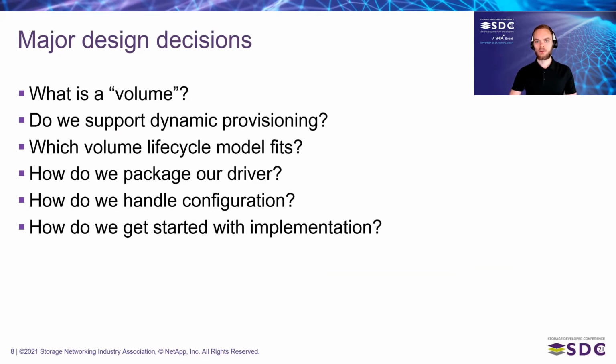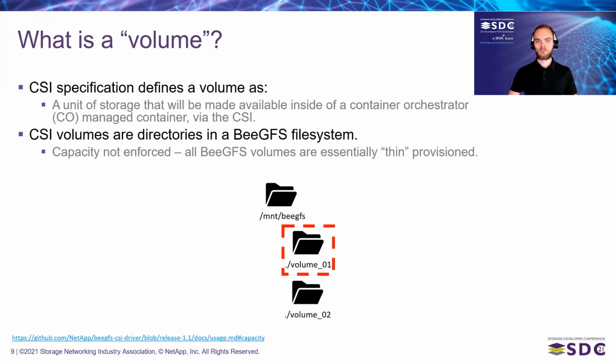CSI driver for BeeGFS. The concept of a volume is a fundamental part of the CSI specification and defined as a unit of storage that will be made available inside of a container orchestrator managed container via the CSI. BeeGFS largely provides POSIX file system semantics, which raises the question, what is a volume in the context of BeeGFS? The only analog is a directory, but directories don't naturally provide the capacity constraints and isolation implied with the traditional definition of a storage volume. Therefore, within reason, it is up to our driver to provide the expected characteristics of a volume using directories in